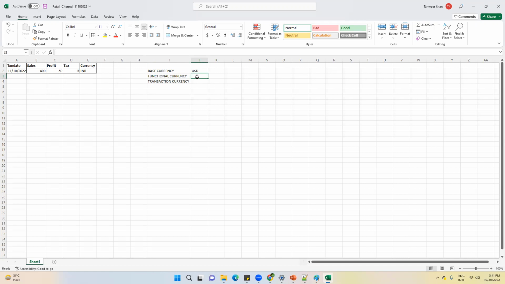For my training program, my functional currency is INR because I am operating from India. If someone taking these ETL classes is from the UK or any other country, their country's currency will become the functional currency. Is this clear?